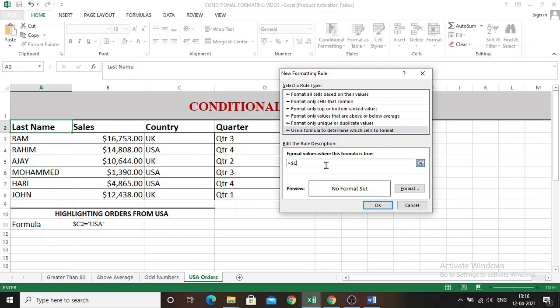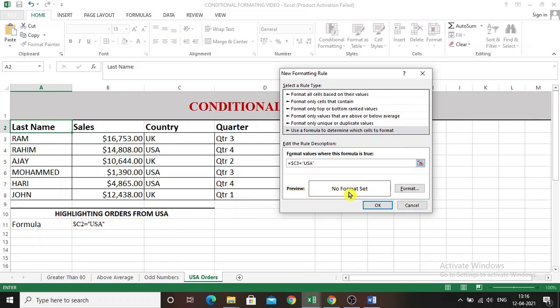Then the value starts from third row, so give that, then type equal to, then within quotes you have to give USA if you want to highlight the orders from USA.